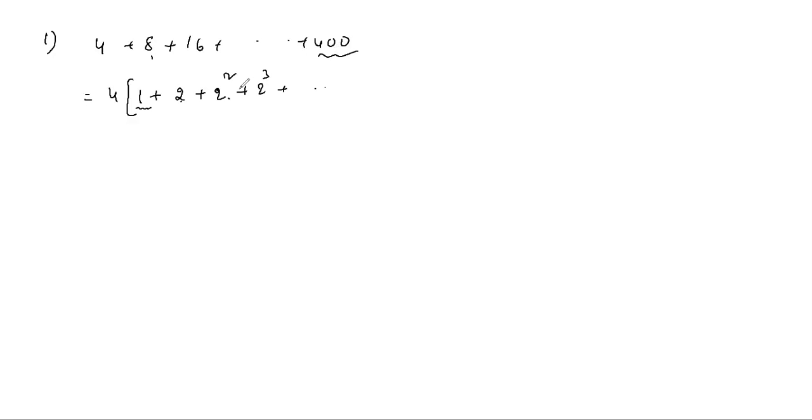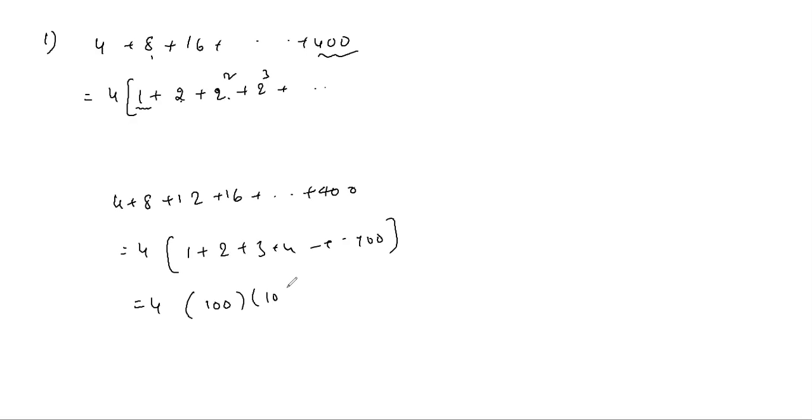The difference is 4, 8. At least they have to give the next term, then we can find it. Maybe there is a mistake. It is 12. If the second term is 12, I think they should give 12, because I got the answer with 12 by mistake, so we will verify this with 12. Then we will easily get 1 plus 2 plus 3 plus 4 and so on up to 100.